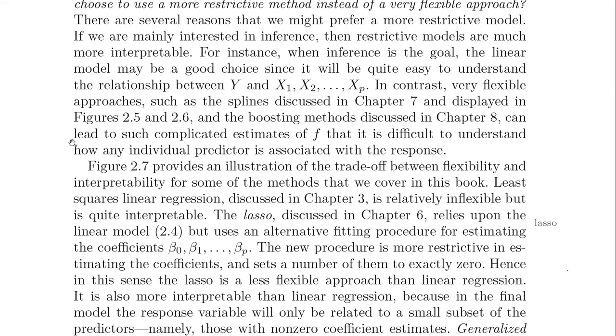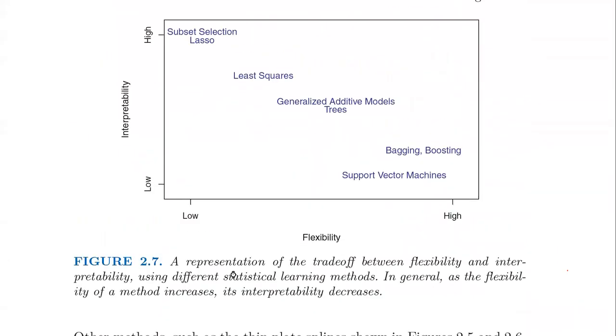And we're saying that if it's overly flexible, it will lead to such complicated estimates of f that it's actually difficult to understand how an individual predictor is associated with the response. So it's more of a black box where, okay, it might be working, but exactly what the sensitivities are of the output y to the inputs x might be harder to really get to grips with. Now, figure 2.7, which is this over here,